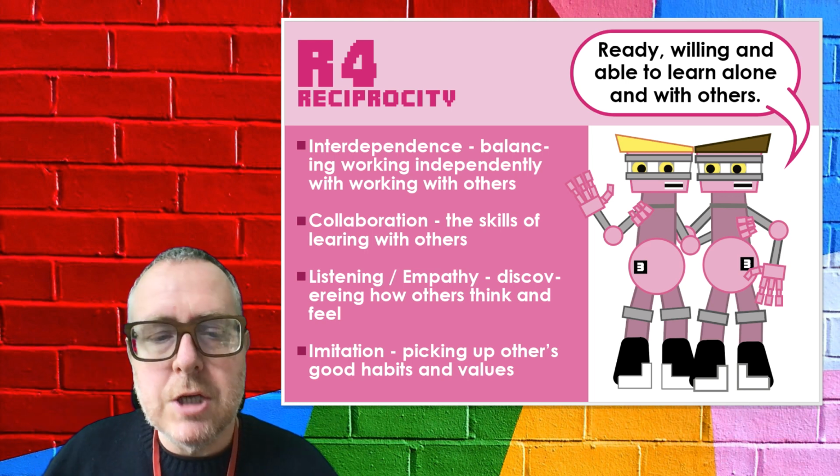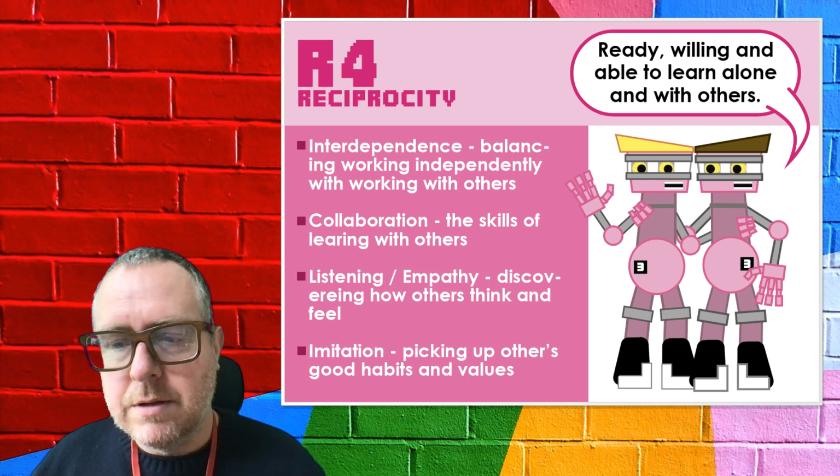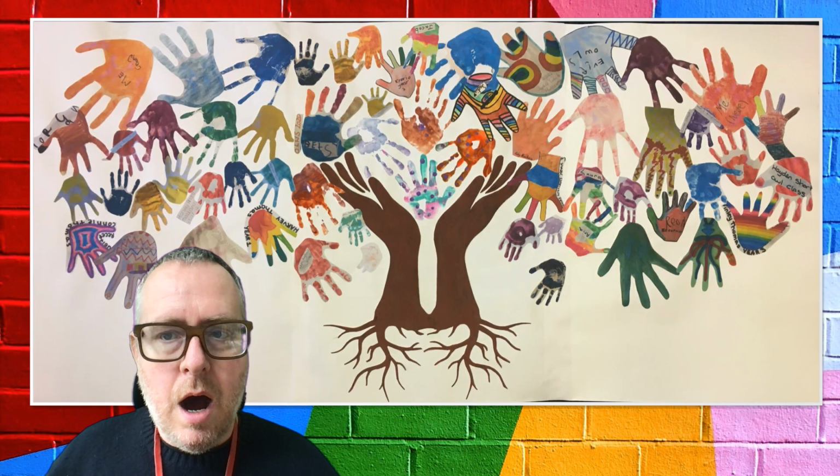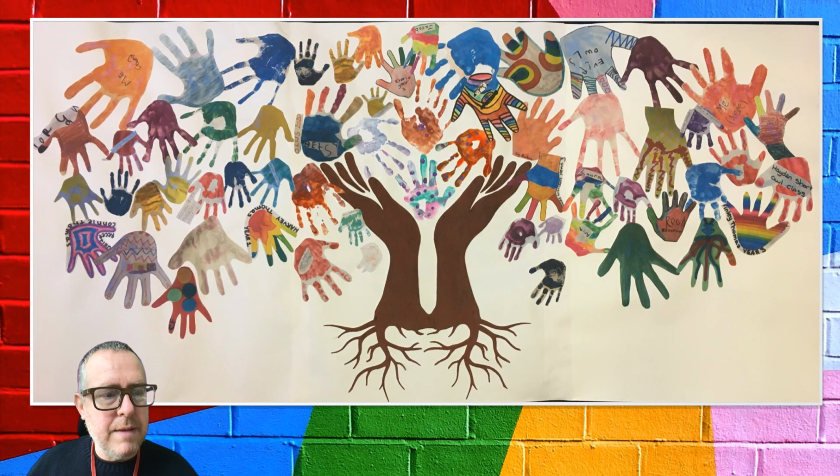Okay, so I want to share something though that was given to me yesterday. It's amazing. Here it is. This piece of artwork was made by some of you, and it's got hands. It's all handprints, and all coloured in different ways to make this beautiful tree. And some parents and children have made it. I love it. It's amazing. And I'm going to put it up in the school somewhere, but I thought I'd share it with you anyway,